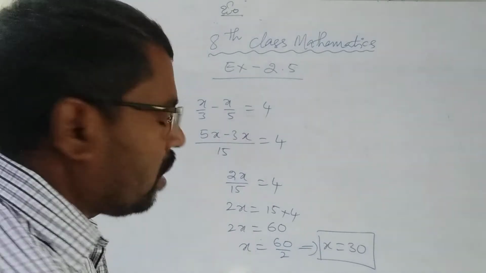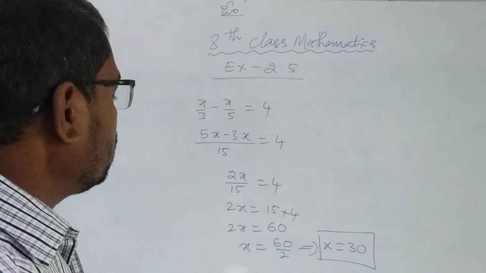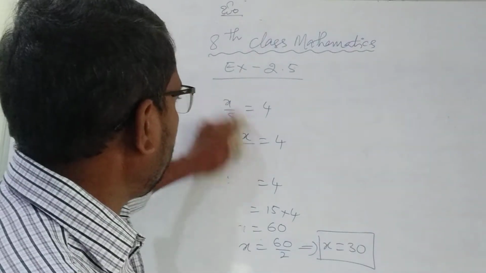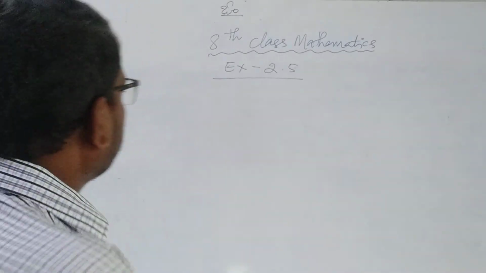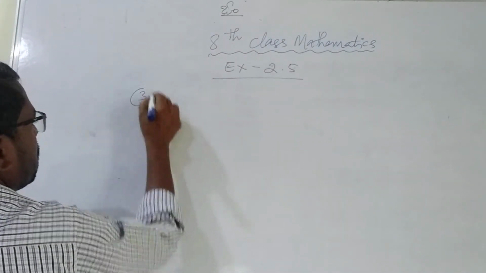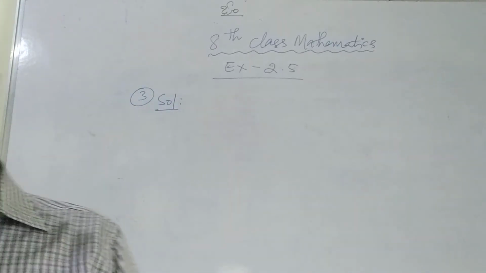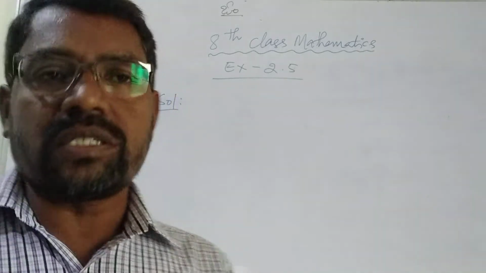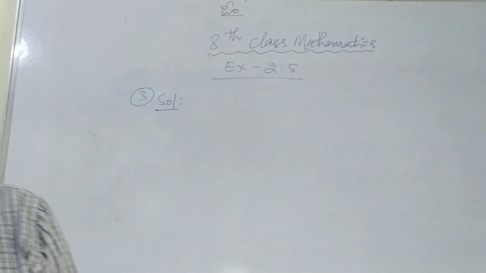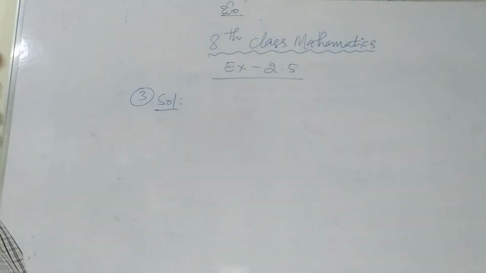Now the question is already there in your textbook. I want to give the solution. So you can see question number 3 in your textbook. Question number 3 solution. Let me repeat once. The difference between the two positive integers. Let one positive integer be x. Already it is given, one number is x, then the other number is x minus 36.